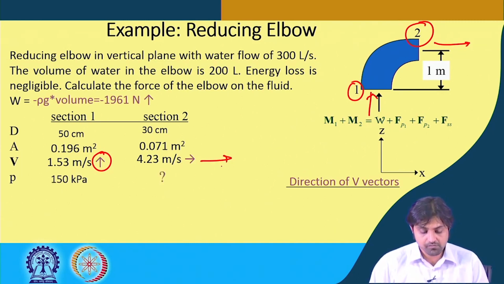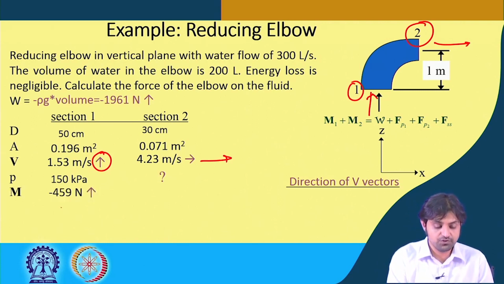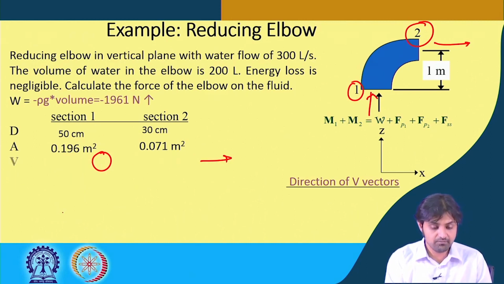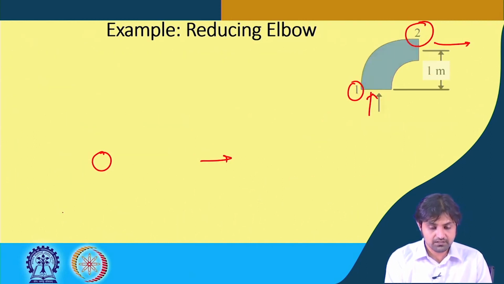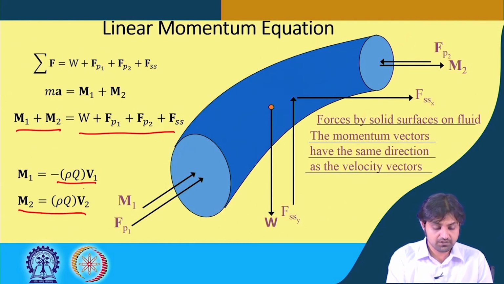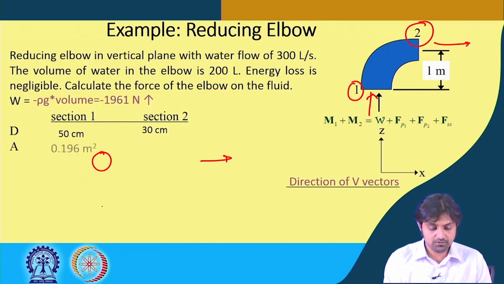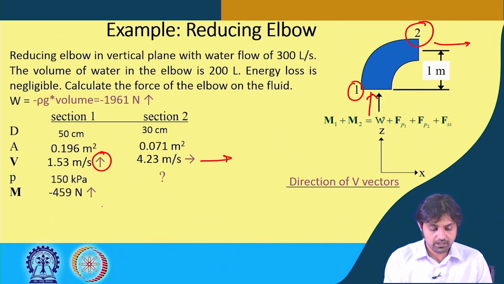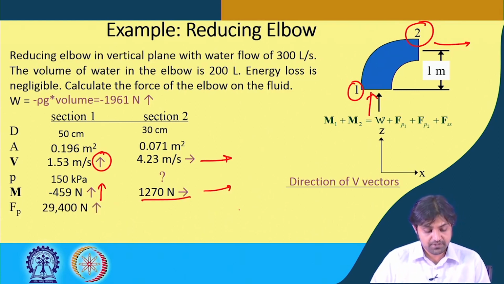We need to find the pressure at section 2. Because we know all the values, we can calculate M as minus 459. How can you find M? You can see that in the slide below: M1 is minus rho Q V1, M2 is rho Q V2. You substitute that and you will be able to find M, but the direction is same as the velocity vector at section 1 and it will be 1270 Newton in this direction. Okay, so Fp is going to be